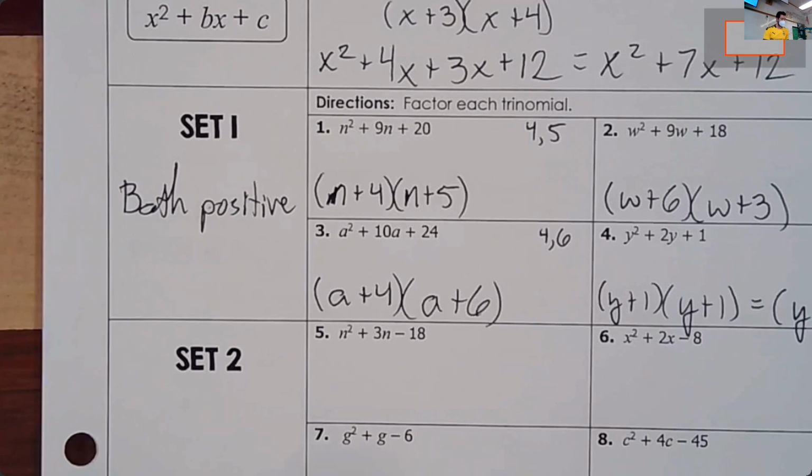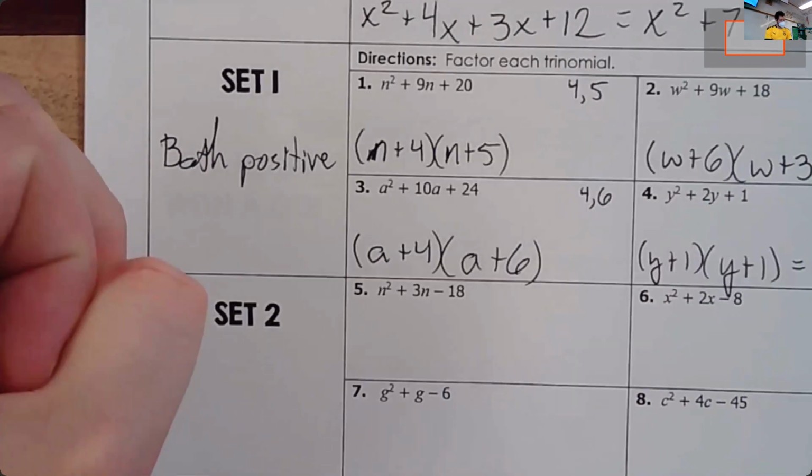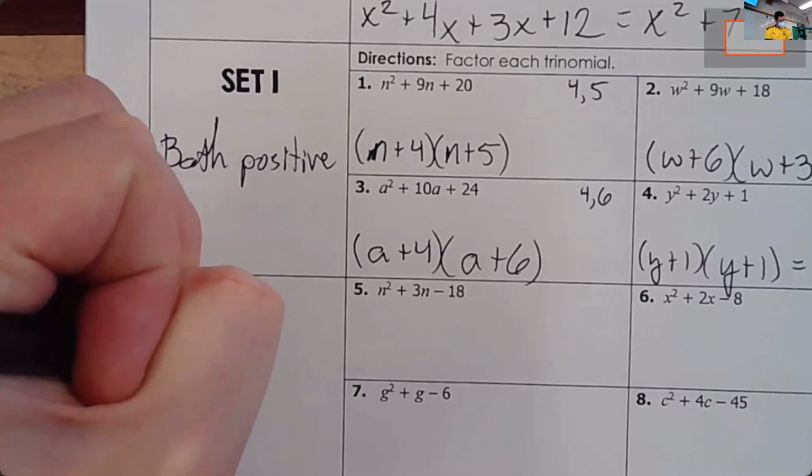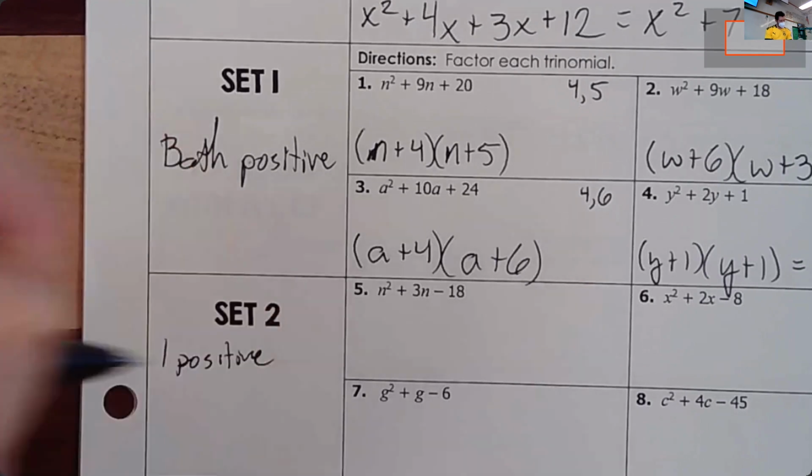Yeah, and where are the negatives? They're all in the same place. Where are they? They're all the last number, yeah. So the middle number, b, is all positive on this one, but the third value, c, is all negative on this one. What is the only way to multiply two numbers and the result end up being negative? What's the only way for that to happen? And one's a positive, yeah. So positive and negative on this one. So one positive, one negative,